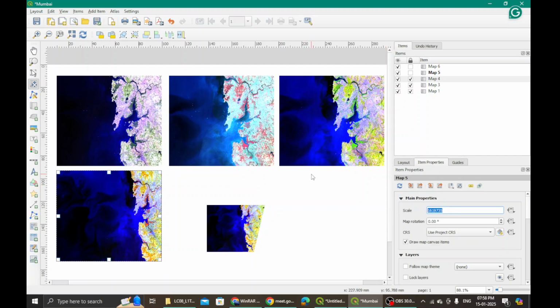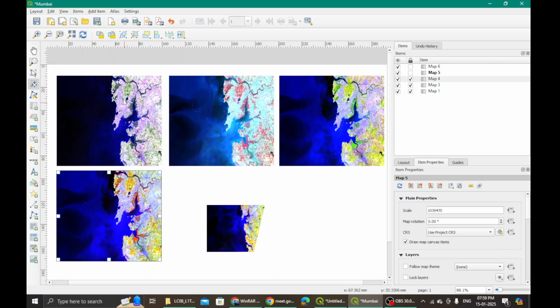But I have already decided what my scale is going to be. What is the scale? 1039470. I'm making all the tiles identical. That is my intention, because I want the same extent of my area to be seen. I see that on this particular river, slightly the other bank is seen. That is why I'm adjusting it this way. And then you see this curvature of the river, I am maintaining it everywhere. So that brings me to the correctness of exhibiting the tile that I have.